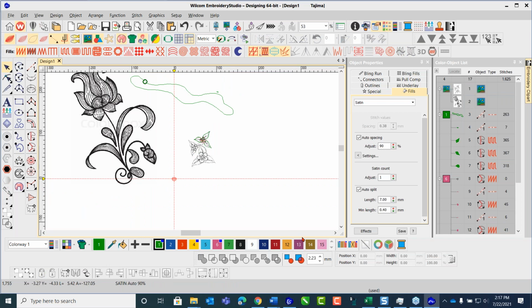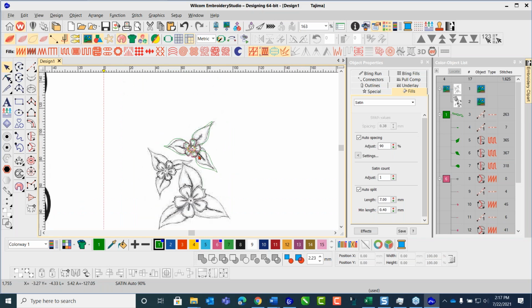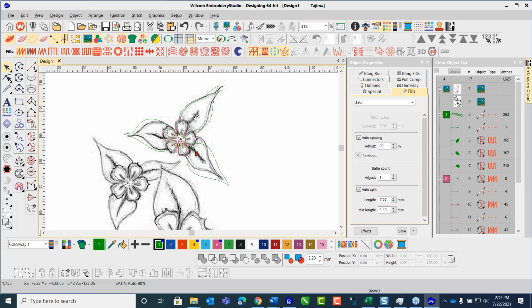When you refer to a center stem, are you referring to this flower here? Oh, you're referring to the center stems here in the leaf area like this. Okay. Now,